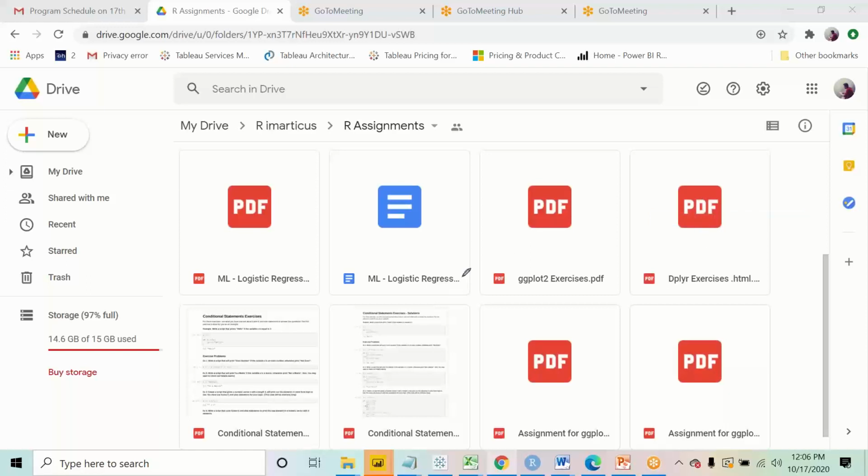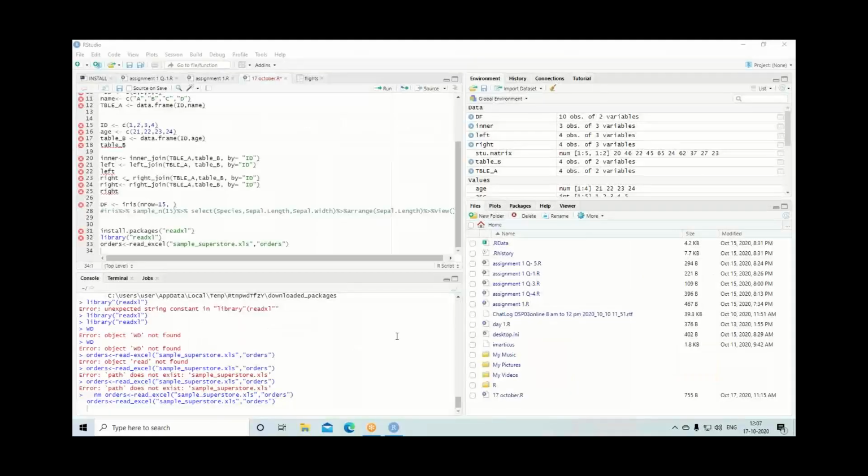Can you share your screen, please? Okay, so the path doesn't exist.